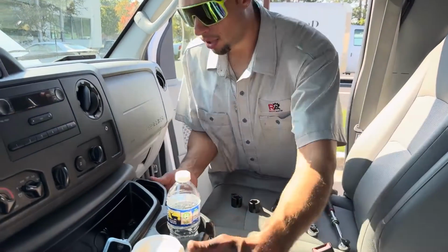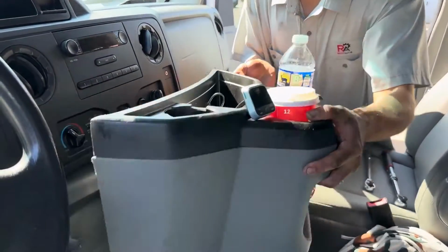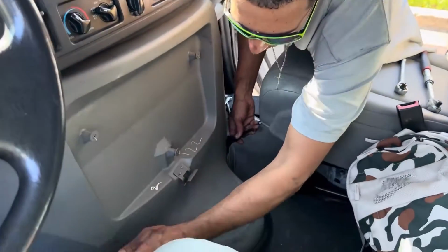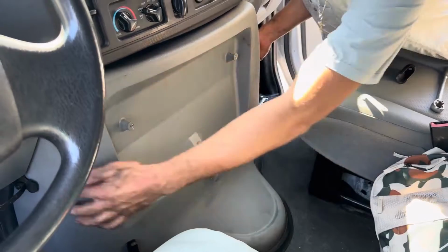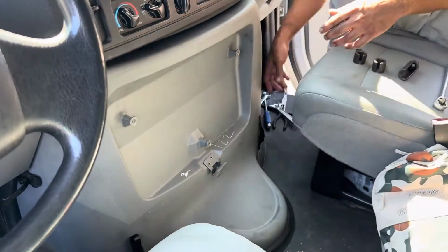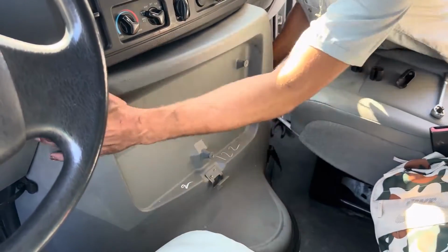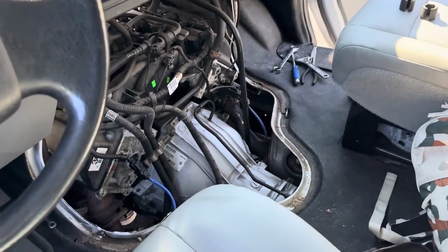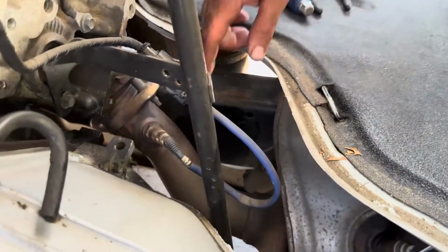Your first step is going to be to remove this. And then there are these 4 clips right here. 2 right here, and then 2 right here. Unclip those, and then she'll pull right out. Now you have incredible access to both sides